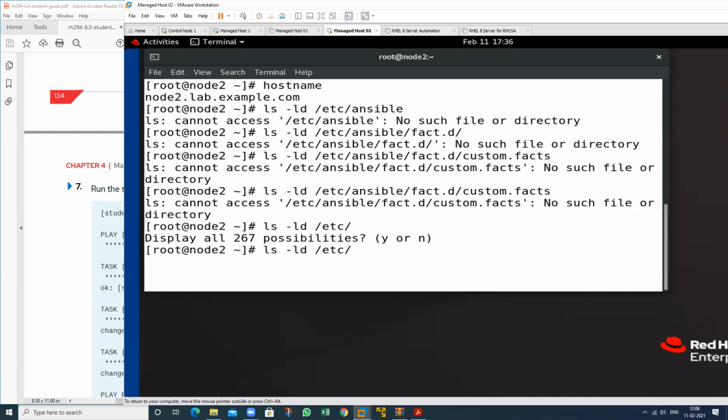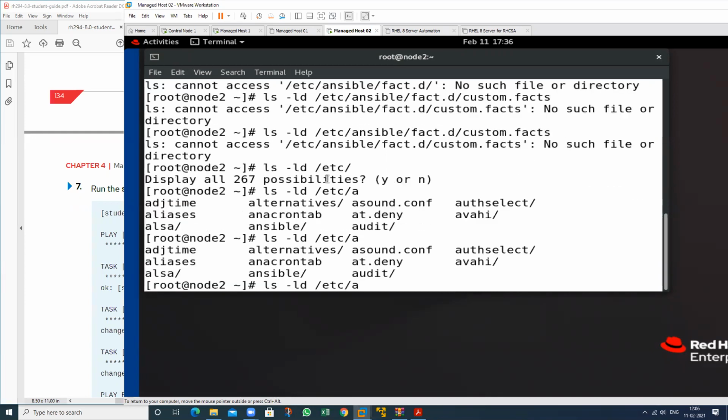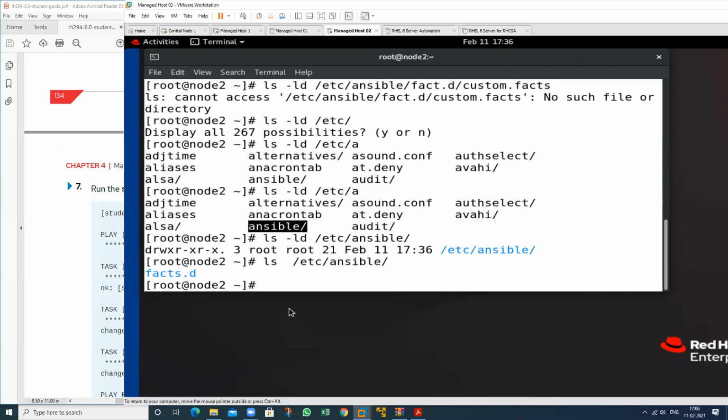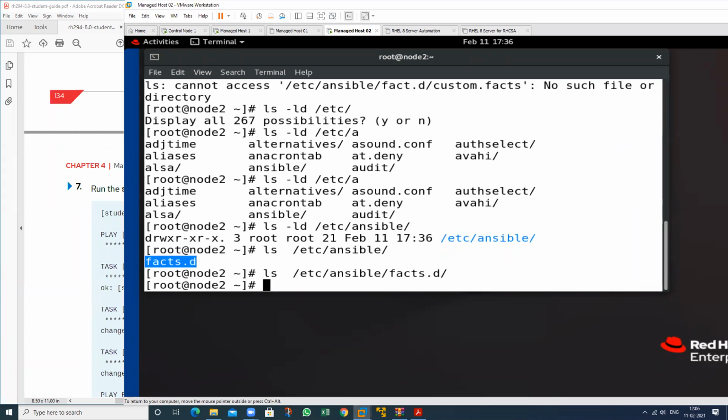In Ansible, okay, this will create this particular folder. See, in Ansible, what do we have in this? See, ls -l. It will create fact.d. In this there is no file like custom.fact, because the error is regarding this.